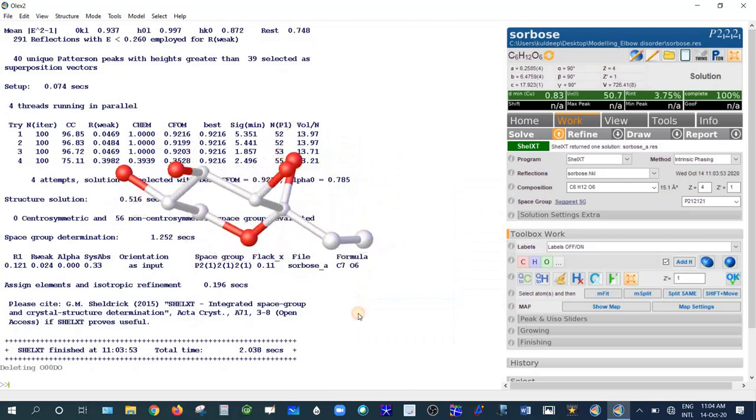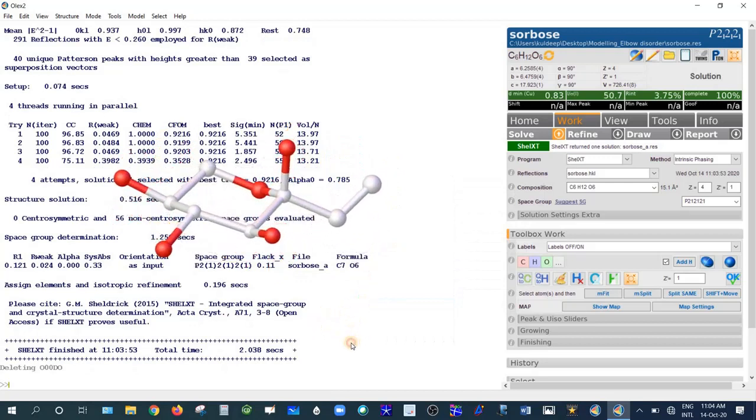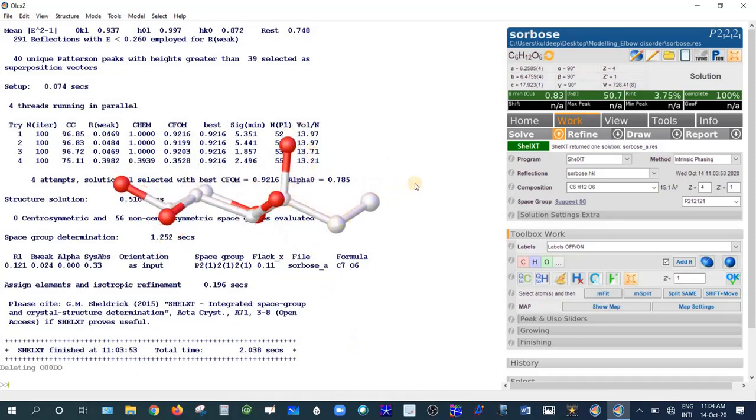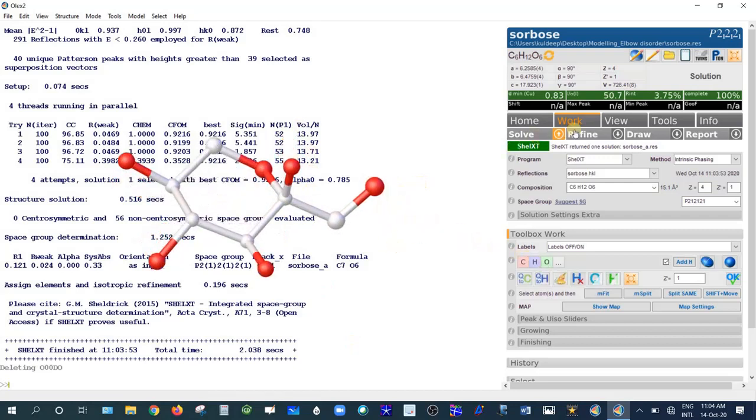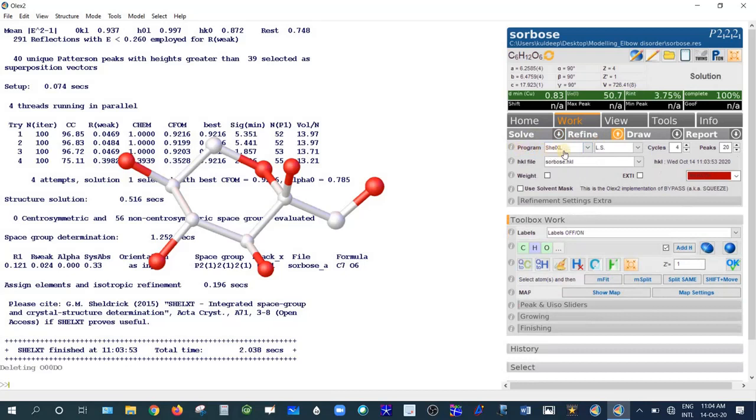Delete. If we compare the structure with the expected one, this is axial OH. This is equatorial CH2OH. So make this oxygen, and now refine. For the refinement, press this little downward arrow. The program is SHELXL. The least squares cycle, let's have 10, and the CGLS also 10. The molecule is small, so 10 cycles are enough. Then select ACTA to generate the CIF file in the required directory and also apply the weighting scheme and go to refine. It is refining.